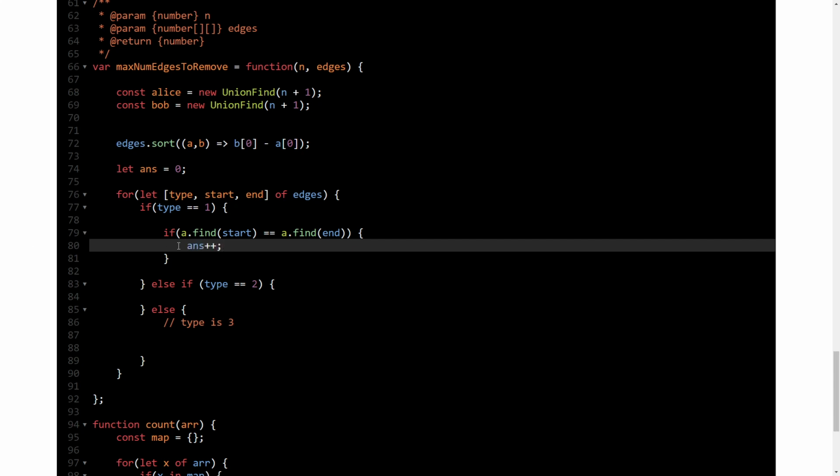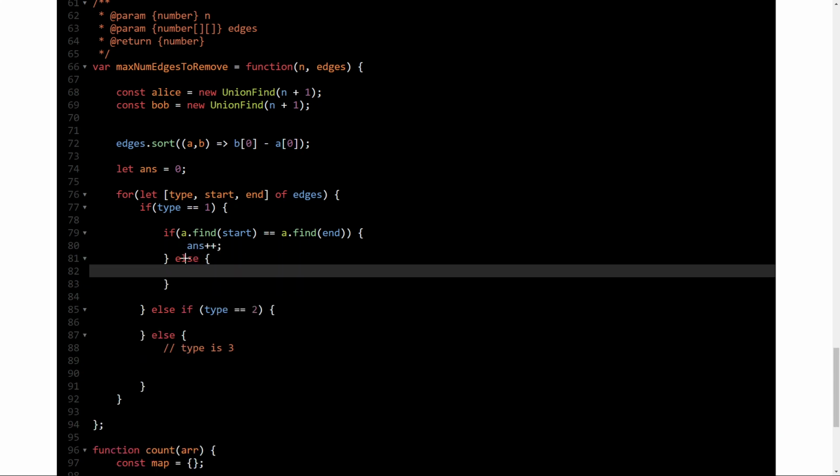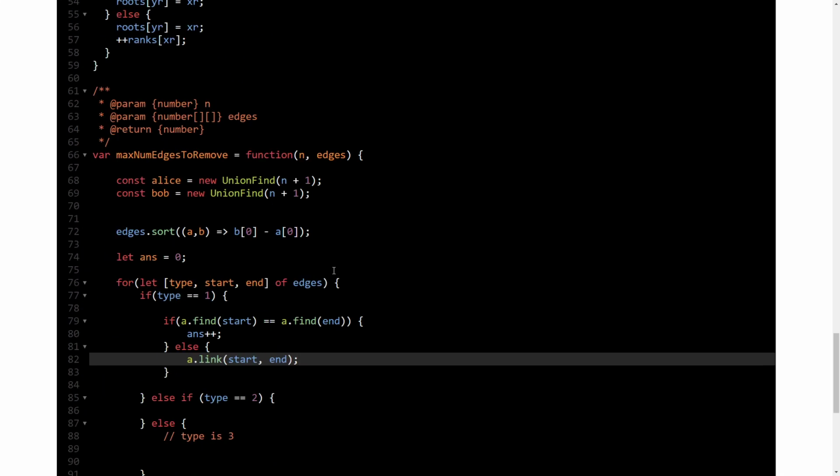That means they are already connected, they are in the same component, so that means this edge is redundant. If they are not, then we actually need to link those components. So basically we add those two, right? So this data structure helps us connecting these start and end. So these terminologies are based on the implementation.